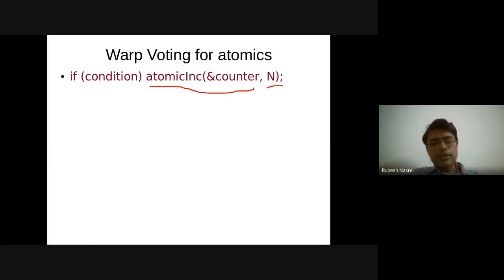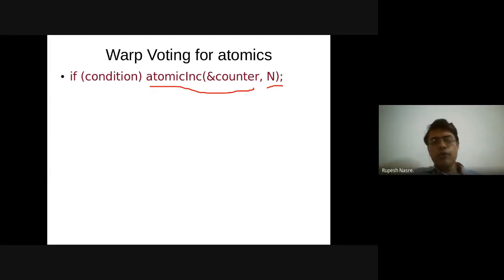Okay, so the natural way in which I would like to think about this is that different threads in the warp want to increment this counter by some means, right? And what we are not sure is, can we use ballot as mask? Sure, we should be able to use ballot as mask, but how will you process that mask?